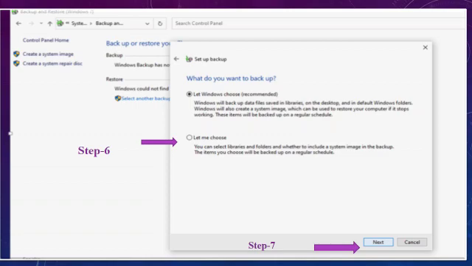So there are two options visible on the screen, that is let Windows choose recommended. The second option is let me choose. So step 6, you should choose let me choose. Understood, children? After choosing let me choose, step 7, click next.